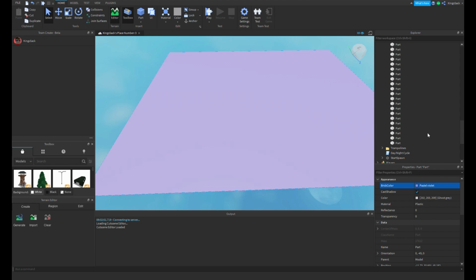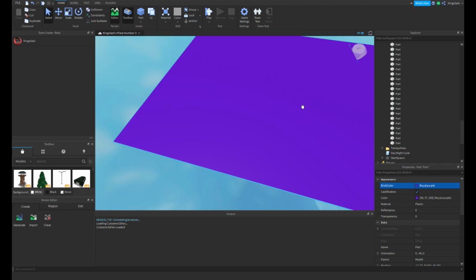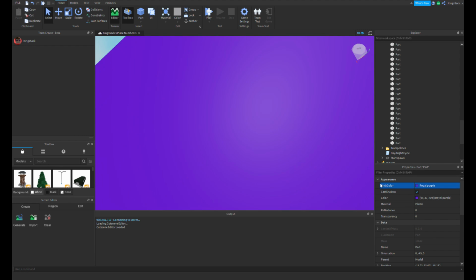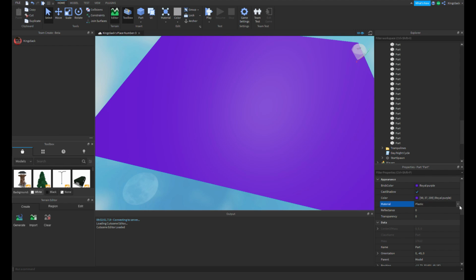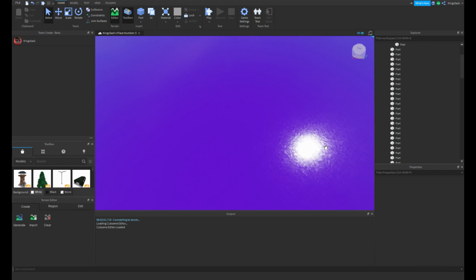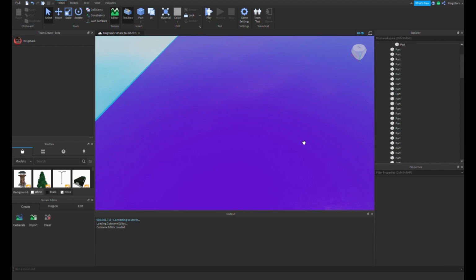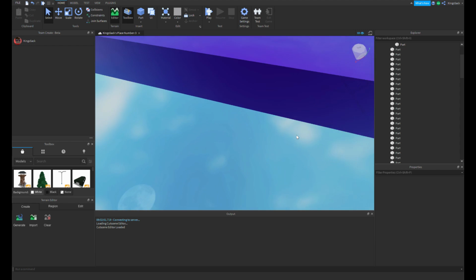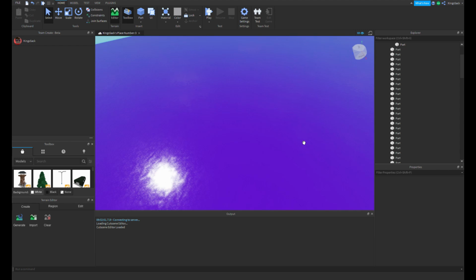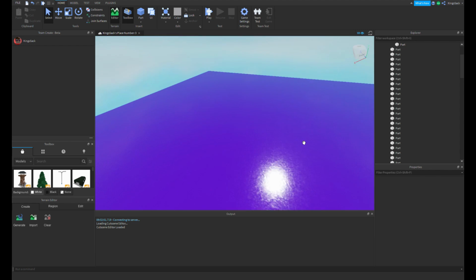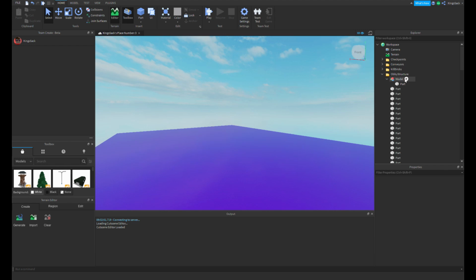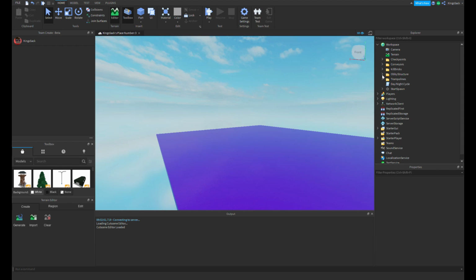Like, of course, you can change its colors. So I can make it royal purple. I can change its material. I can make it grass. That changes how light reflects on it, the texture of how you look at it, and the way you move on it sometimes. Okay,